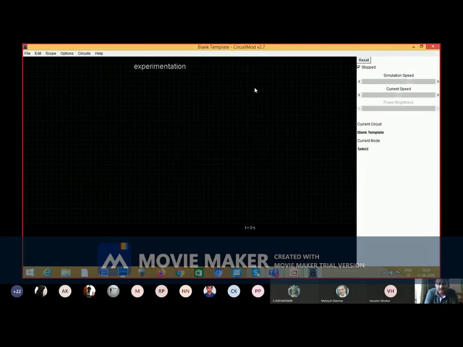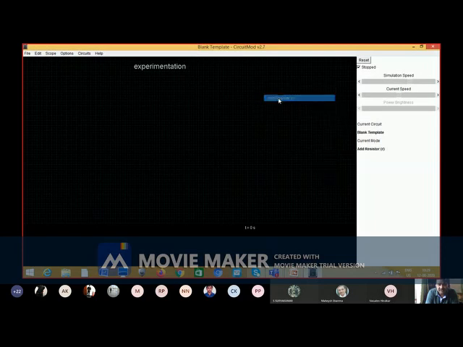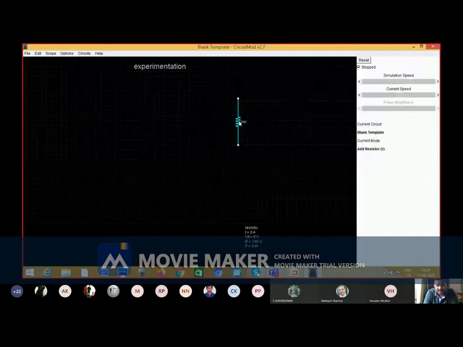So I will right click, and I will select resistor. You just click on that and drag like this. Correct. Now you can see the default value of the resistor is 100 ohm, and below you'll find the parameters: current 0, VD 0, resistance 100, power 0, because we have not connected any source.